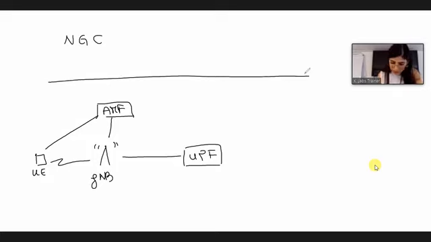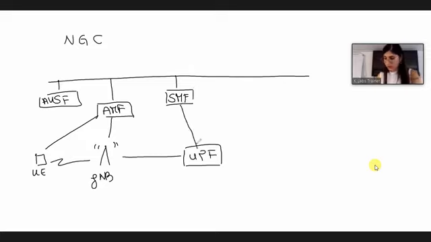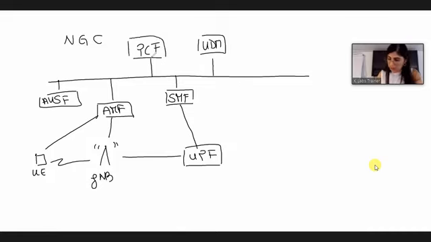So the AMF is connected to this bus, and to this bus, we can also find all the other functions of our core network. So we will find the authentication server function. We will find the session management function, SMF. Actually, the SMF also communicates with the user plane. Then in here, we find, for example, the policy control function. We will find the UDM. We are going to define all of these entities one by one.